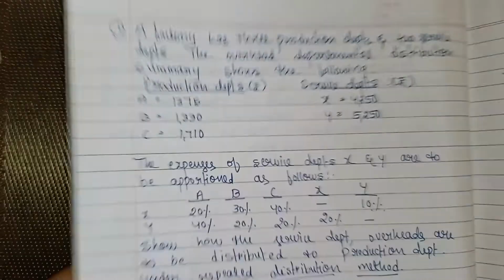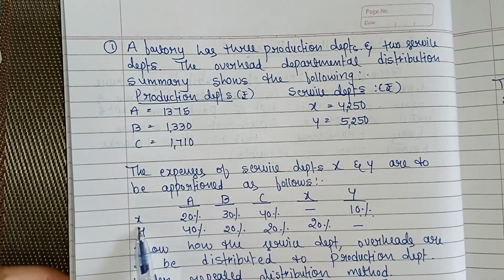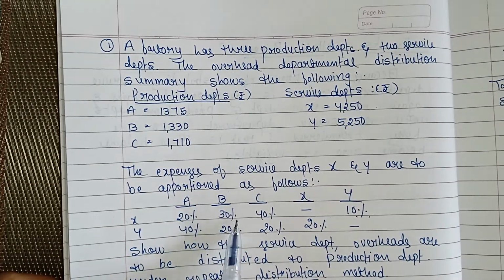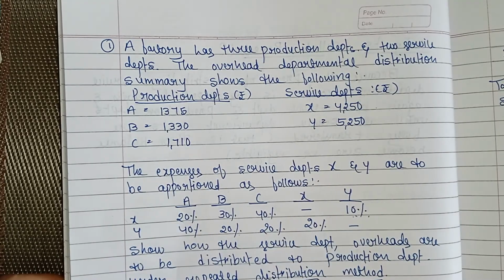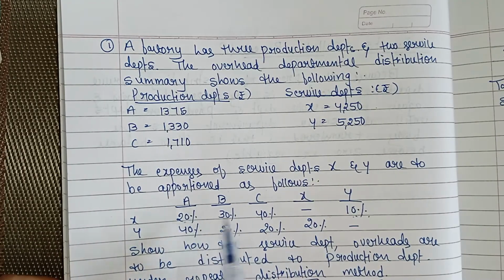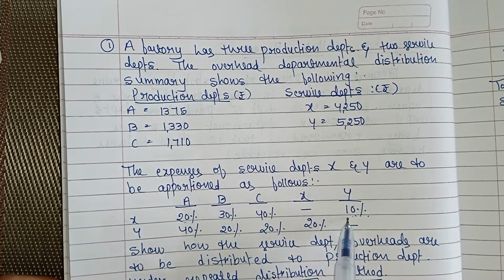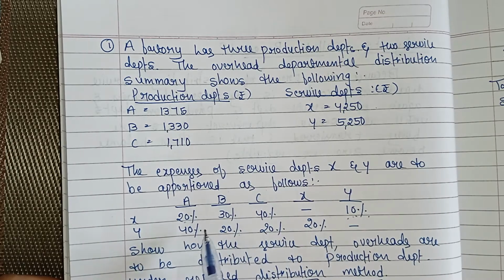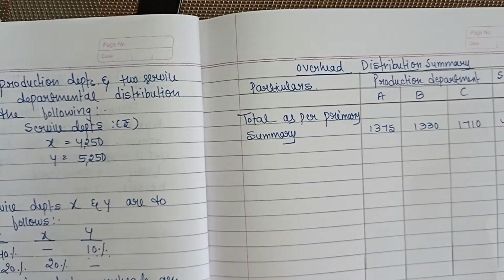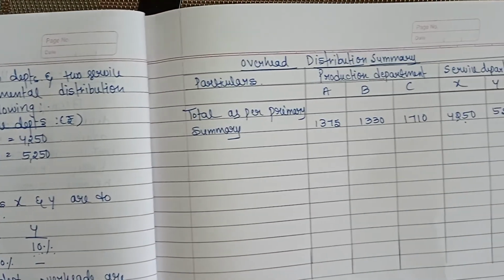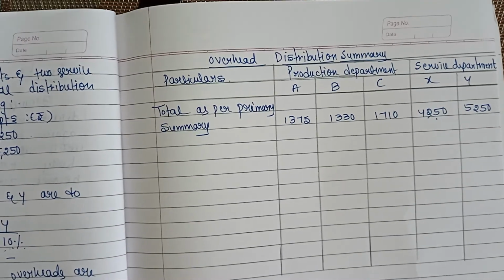So the ratio is, see here, X department provides 20%, 30%, 40% to C department and 10% to Y department, means 2:3:4:1. Or you can calculate like this also, 4250 into 20%, 30%, 40%, 10%. In that way also we can calculate. Clear? So 4250